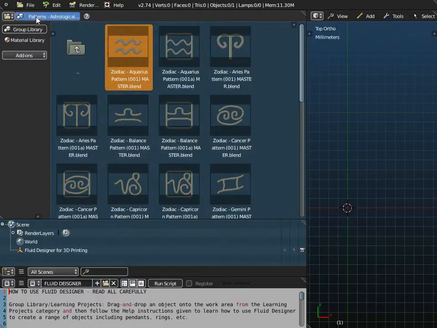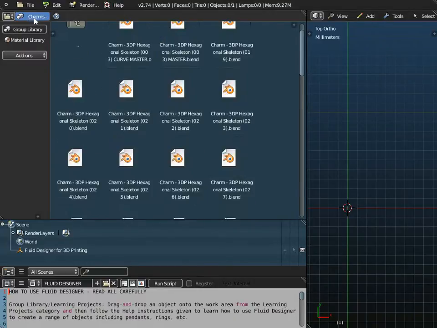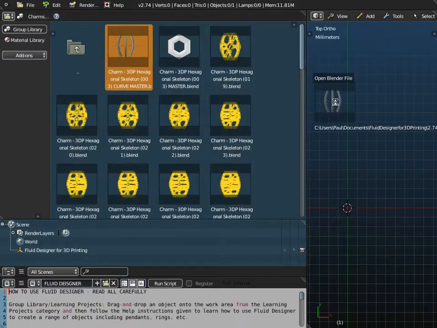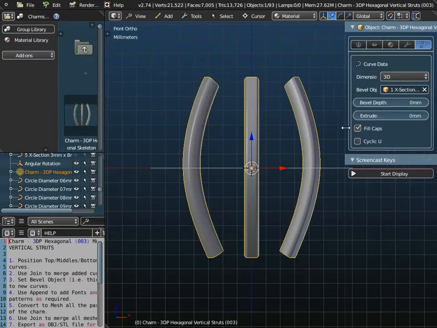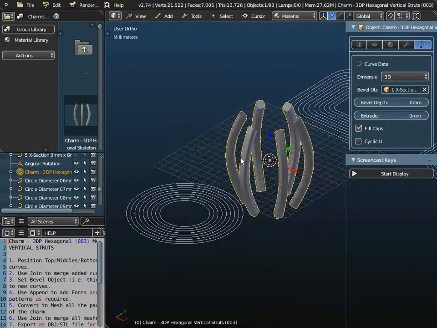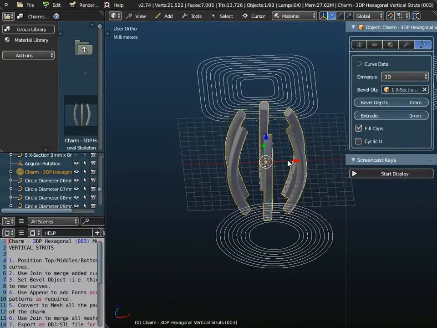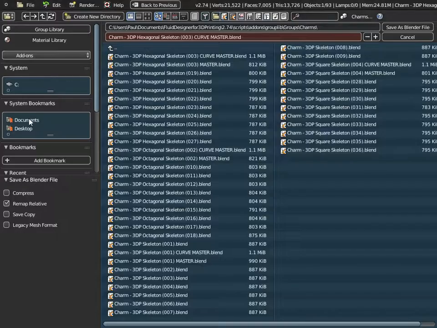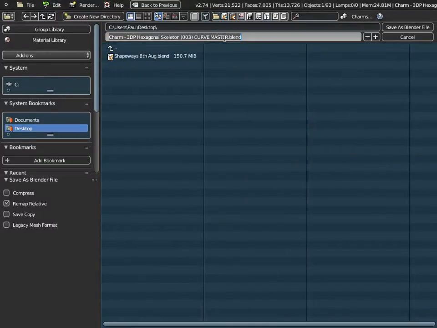So if I just go back, let me just do File and New, and just go back to Charms. I'm going to just drag and drop this object onto the workspace. So this is my sort of template file. And the first thing I'm going to do is actually use Save As, because we always recommend that you don't go to File and Save and write on top of the original template files. So I'm just going to go to File and Save As, go to the desktop, and I'm going to make